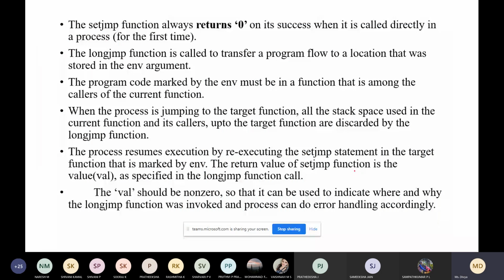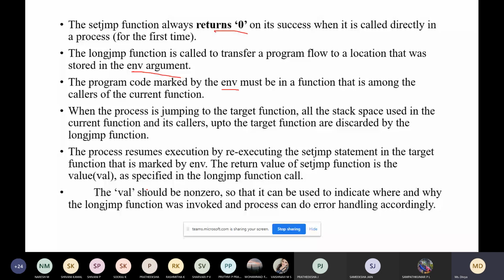The first time the set jump is called, it will give you the value 0. Long jump will transfer the control flow to the location that is stored in the env argument. The program code marked with env must be in a function that is among the callers of the current function. The value can be any non-zero value.